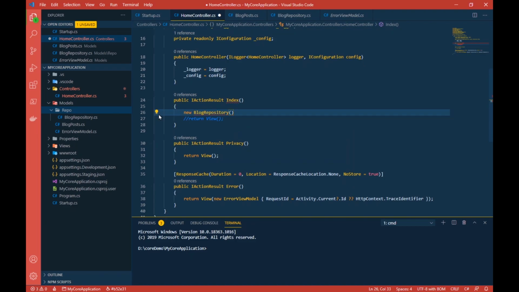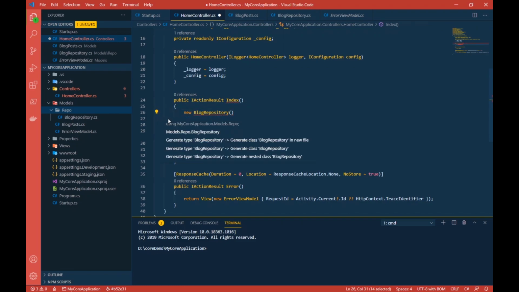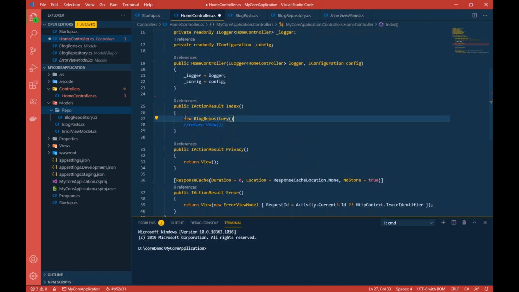Now this will ask me to include the class. It's saying using my core models.repo. I'll include it. Now this new blog repository will give me access to a method get post by ID. Then I'll give ID as 1, and I'll return the title of that. That's all I want to do.